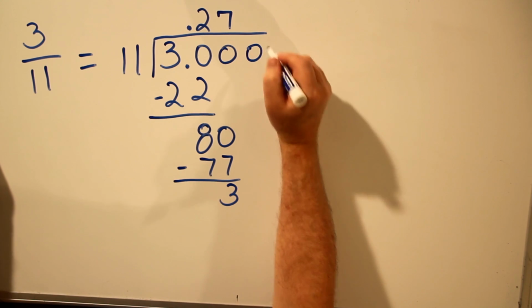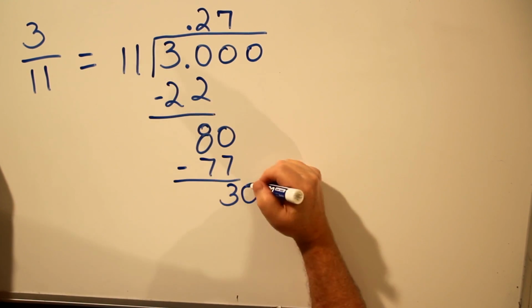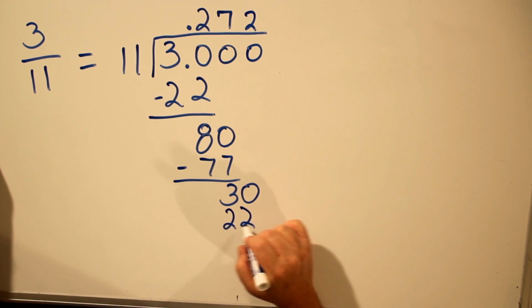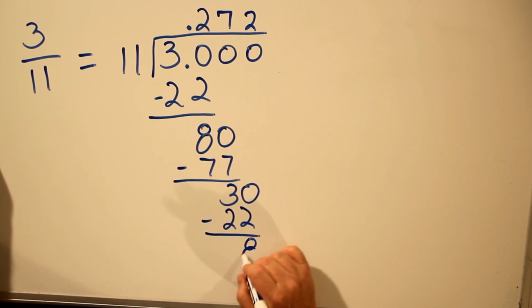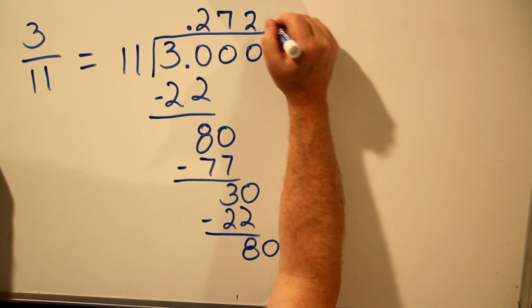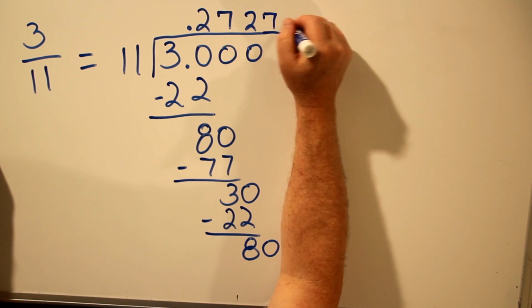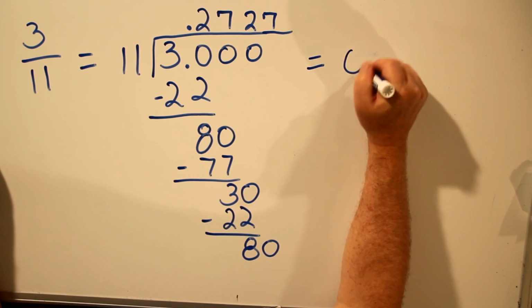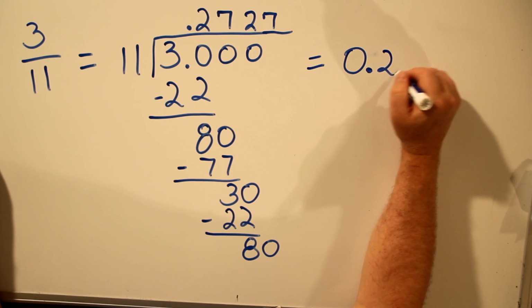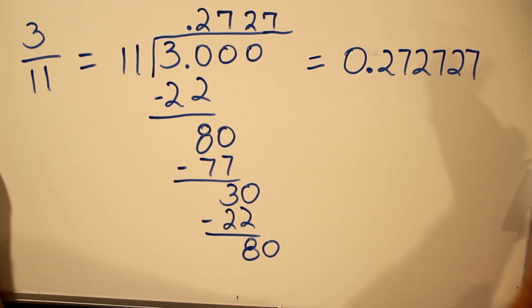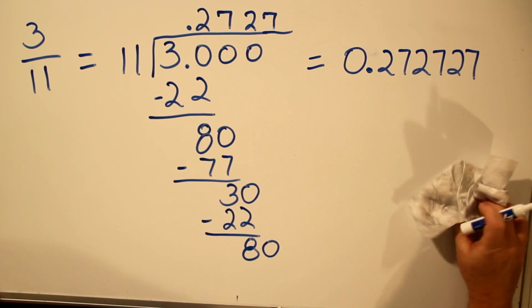If we bring down another 0, 11 into 30, 2 times. 2 times 11 is 22. Subtract, remainder 8, which is where we were here. 11 into 80, 7 times, and so forth. So we see that this repeating decimal is going to look like this. 27, 27, 27, where 27 repeats forever. So how we write that,